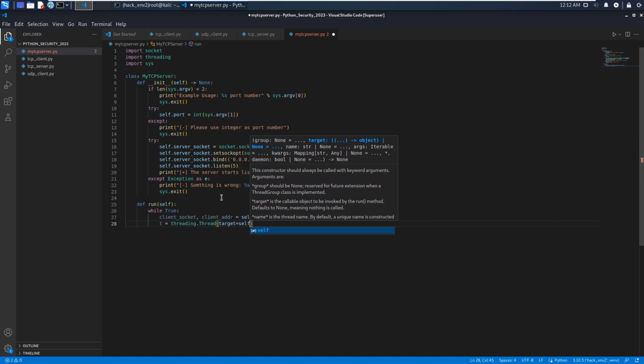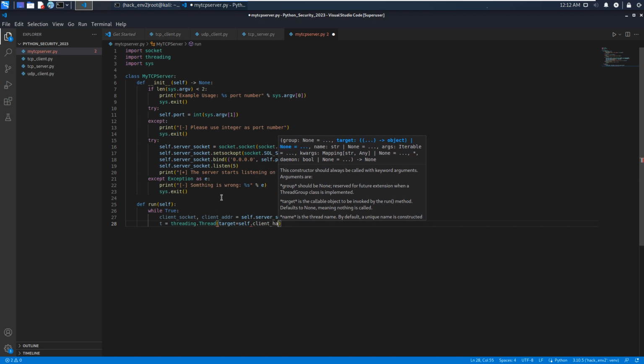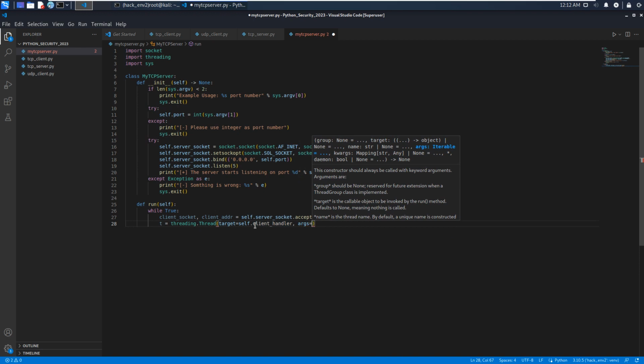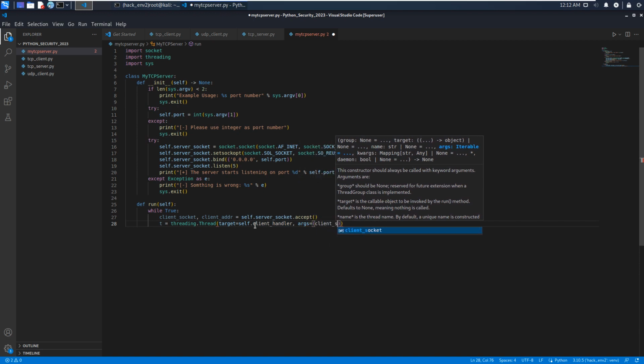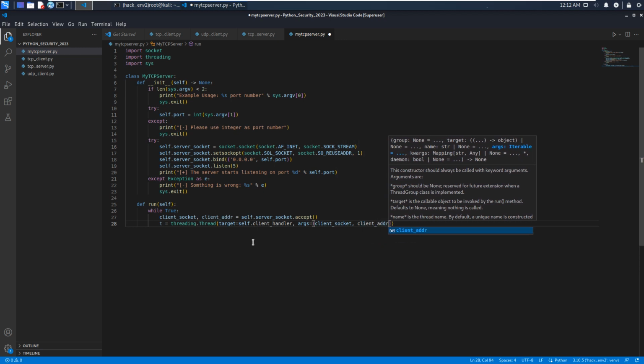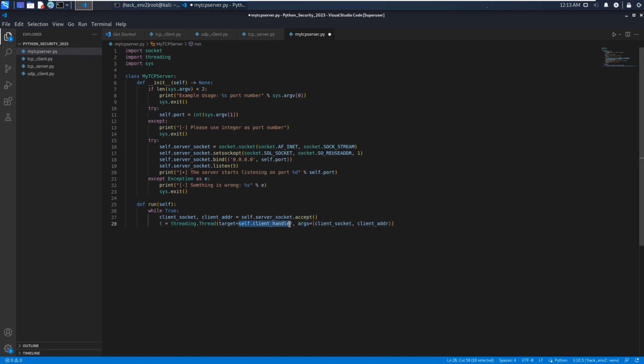For example, here, self client handler. Of course, at this moment, we haven't made this method. And also we can give some arguments like client socket and client address. So these arguments will be passed into this method at the same time. And then we can start